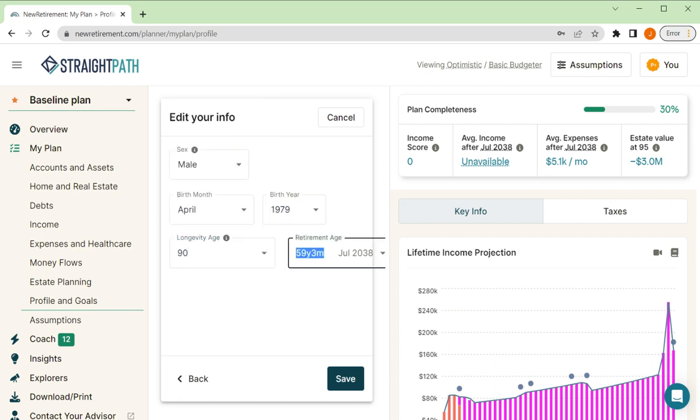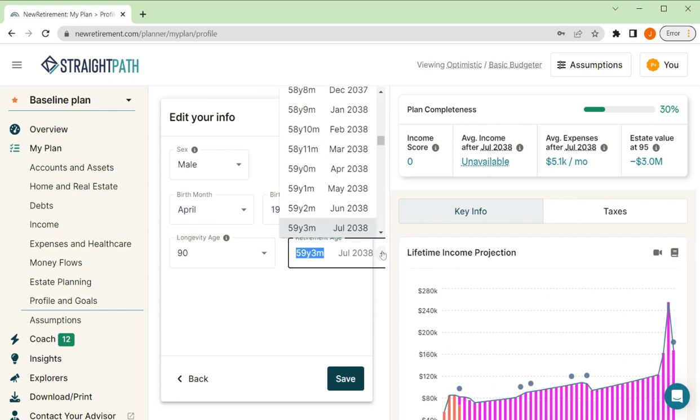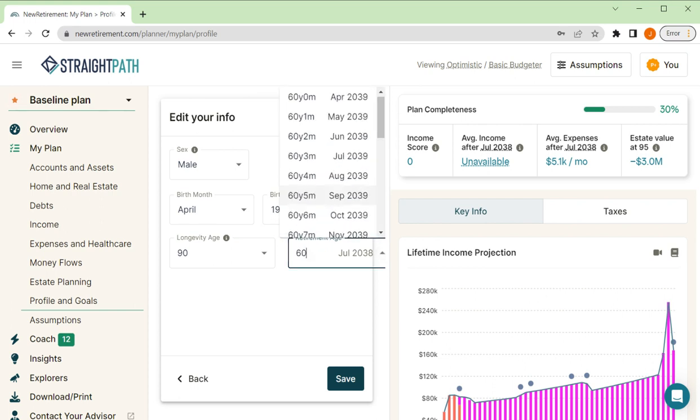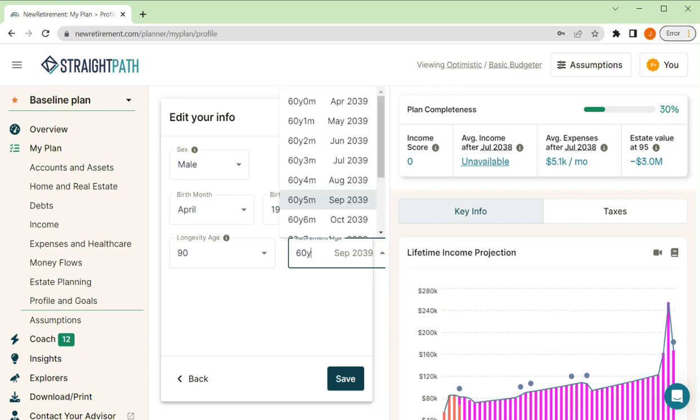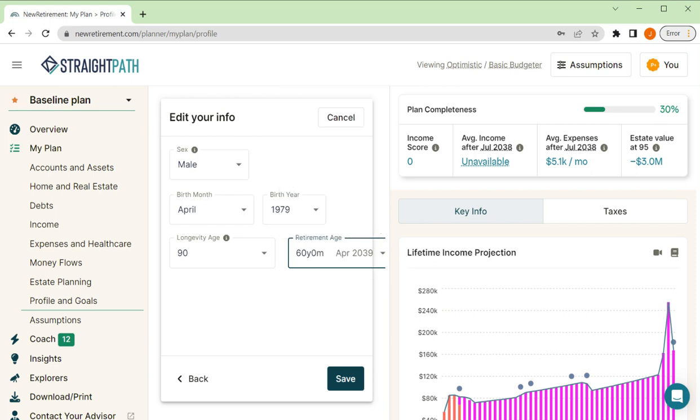And then I will also decide when I'm going to retire. So again, you click the drop down there. You can scroll through this if you want to, but I'm just going to enter 60 and hit enter. Defaults to 60 in 5 months. Well, let's say I want to retire right on my 60th birthday. Okay, so there's me. I'm male, April of 1979. I'm going to live till 90, or at least plan until 90, and then I'm going to retire at 60